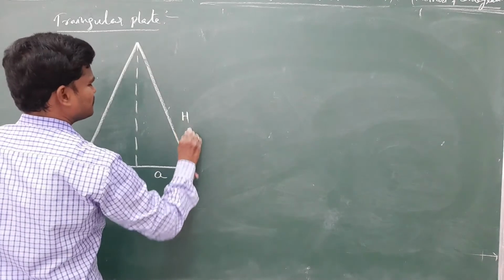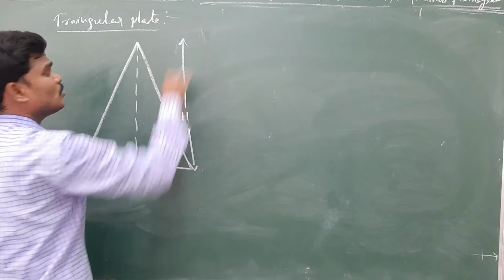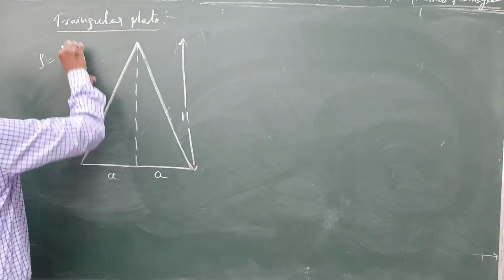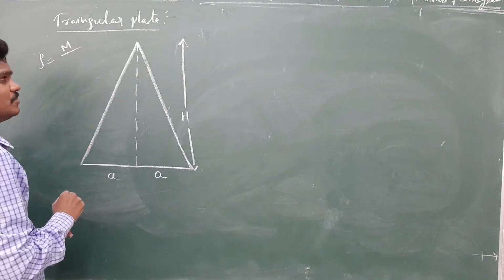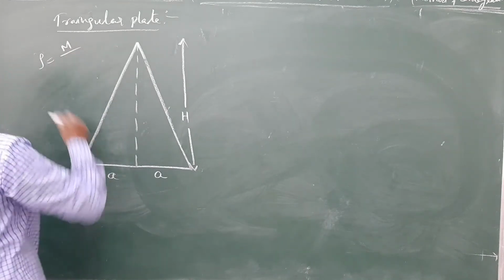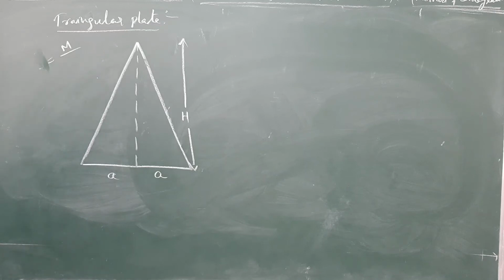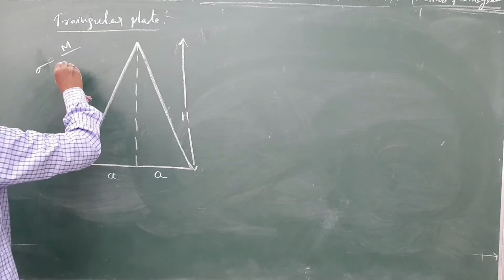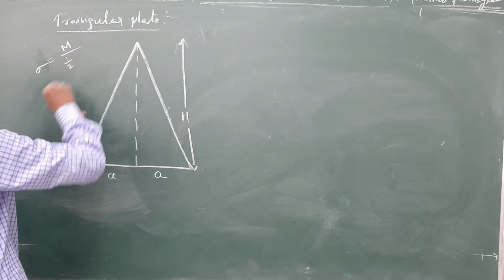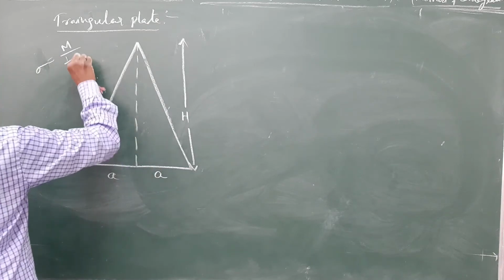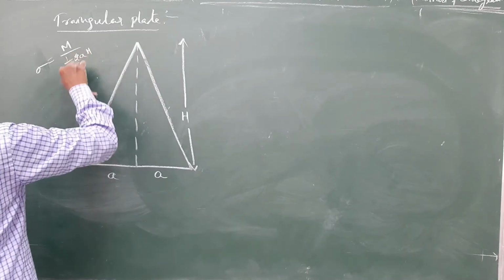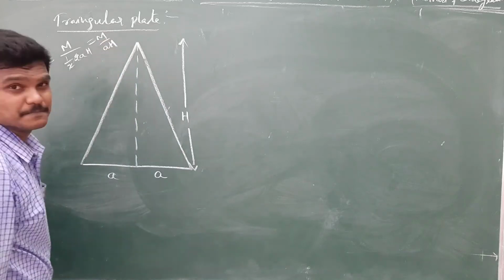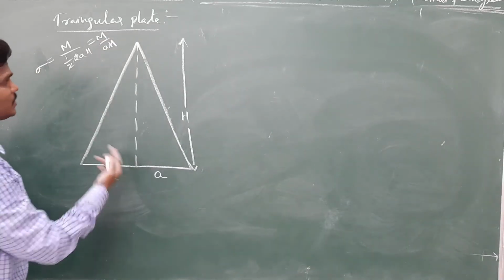Again the same, so this is also like the solid cone. For this, it is mass by area. Okay, triangular plate, area of it. So it's not rho, it is sigma, mass by area. The area of the plate is half into base into height. Base is 2a, so m by a h, half into base into height.